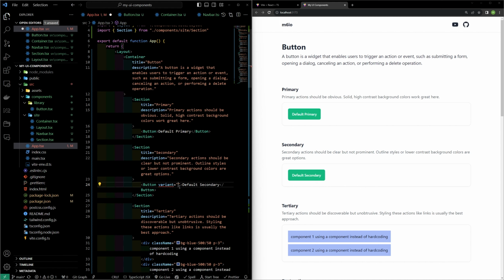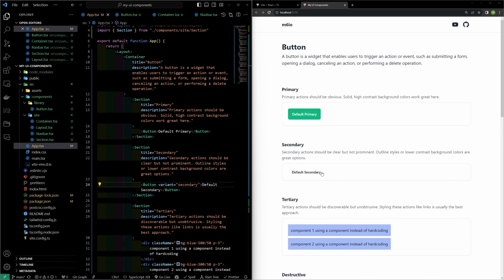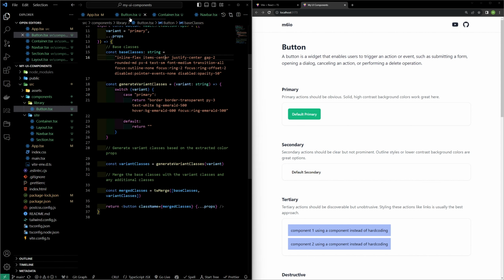So in this variant property, I'm going to pass in secondary. We're going to save, and you'll see that it got rid of those primary styles, but it didn't add the secondary styles because we didn't define them. So let's go ahead and do that. So we'll say case secondary,